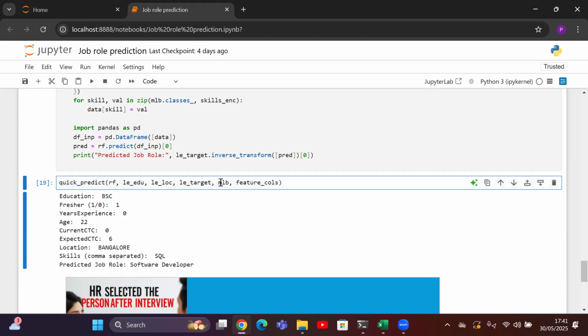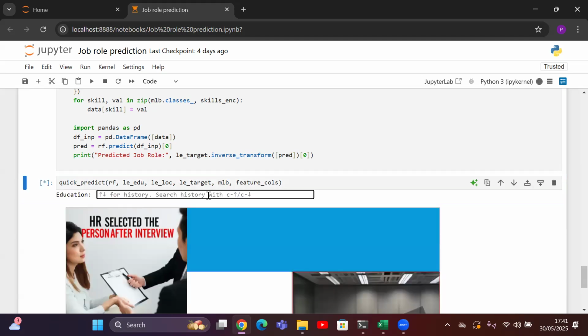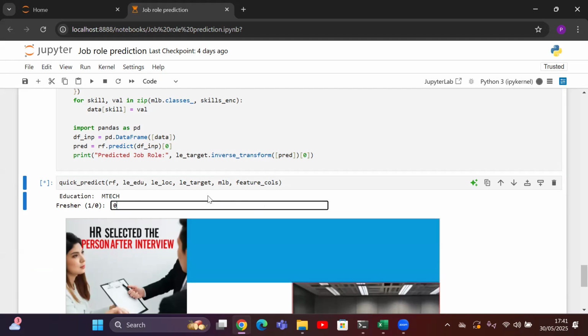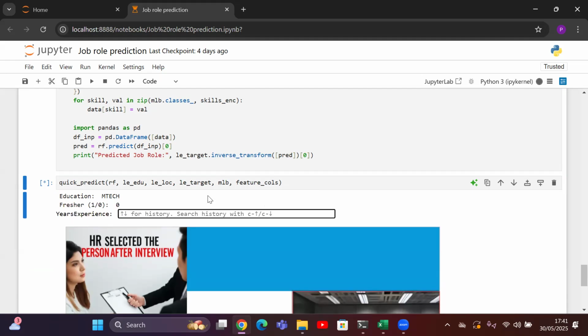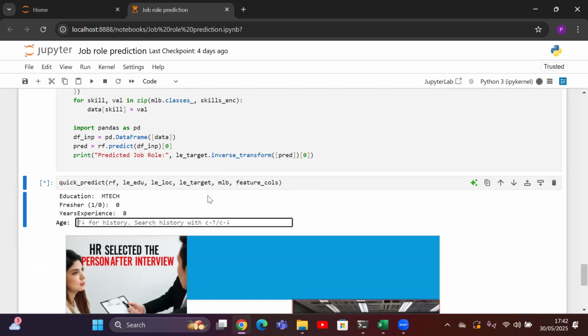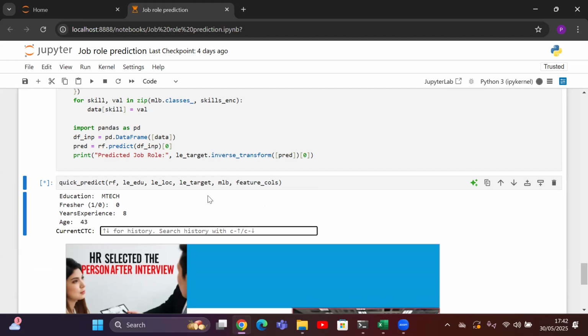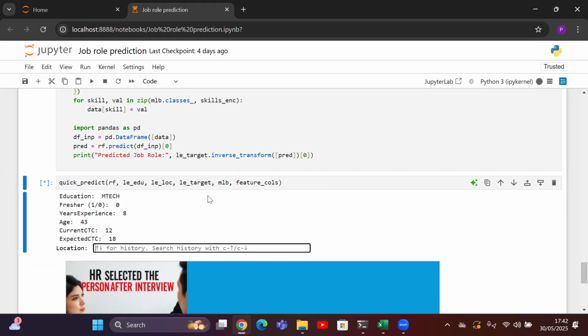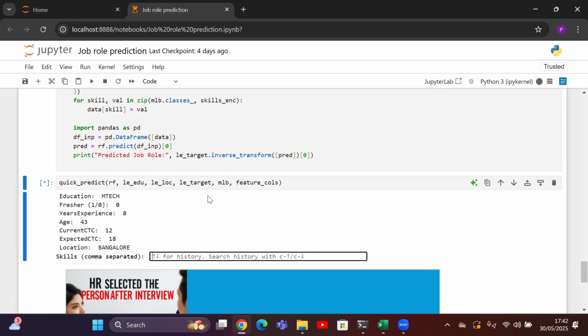Let me put one more. So my education is MTech and I'm not a fresher, and I have experience of 8 years and my age is almost 43 and my current CTC is 12 and my expected is 18, and again location I'm going to put as Bangalore.